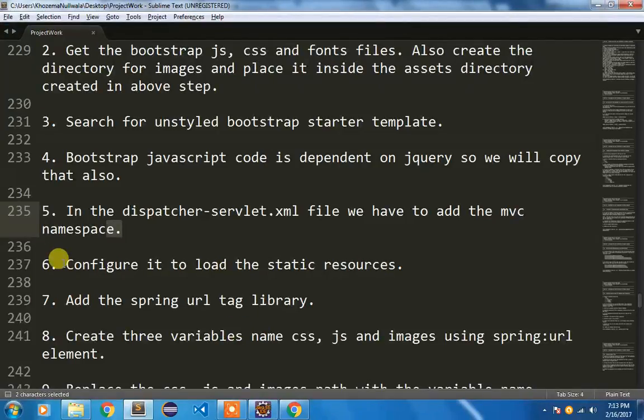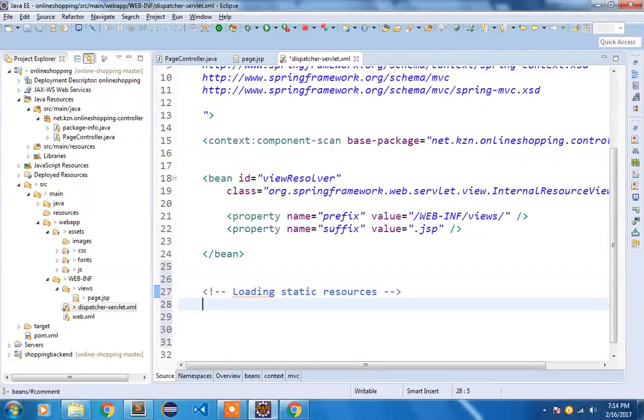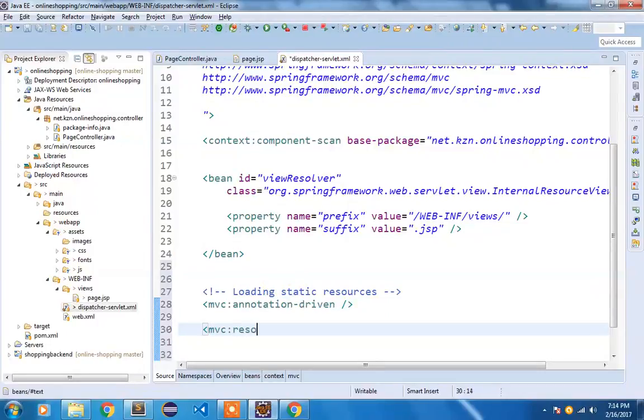Now configure your dispatcher servlet to load the static resources. First of all, I'm gonna comment it: loading static resources. You need to say, okay, this application is annotation driven. So I'm going to use mvc:annotation-driven. And another thing, you need to specify where your static resources lie. So I'm going to use mvc:resources,